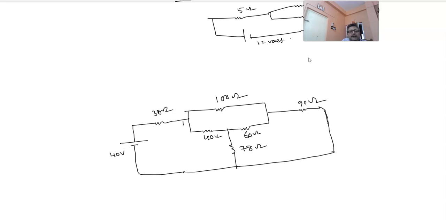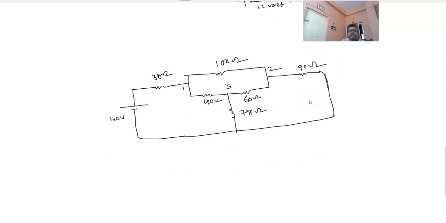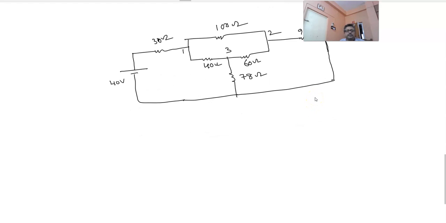So which part you are going to break, that you can judge very quickly from here. This point is 1. This one is your 2 and this one is 3. Now let us open the circuit. 1 to 3 I will convert. Show the circuit. This 40 ohm is there. This one 30. It will be added with another one. Which one? This is holding 40 and 100. 4000 divided by 200. Multiplication of these two, that divided by sum of 3. 4000 divided by 200, that is 20 ohms.